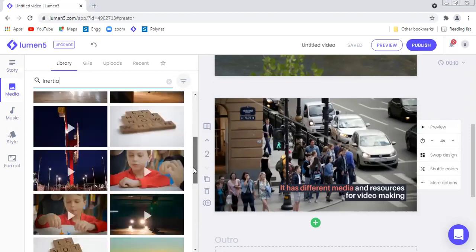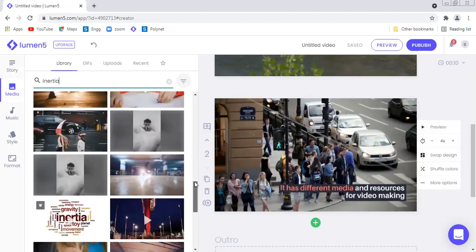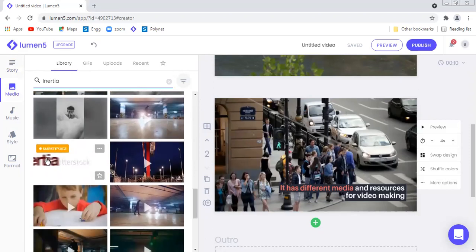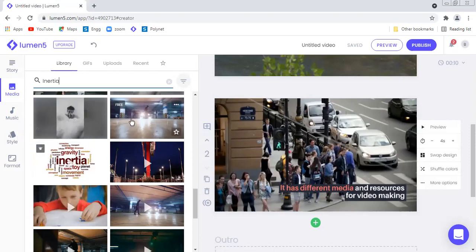Let us see whether there are any paid ones. Okay, now you can see it shows marketplace. This marketplace label and this crown mean that it is paid. If we wish to use this particular media, we have to pay something for it. So this type of icon indicates that these are available on payment only, and free means you can freely use it. These are copyright free, right?